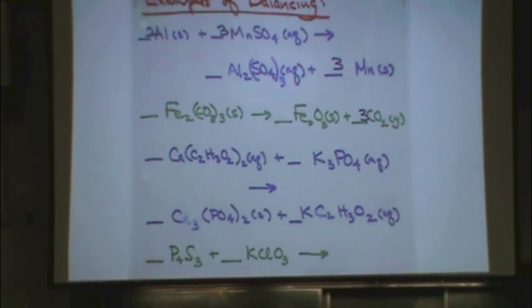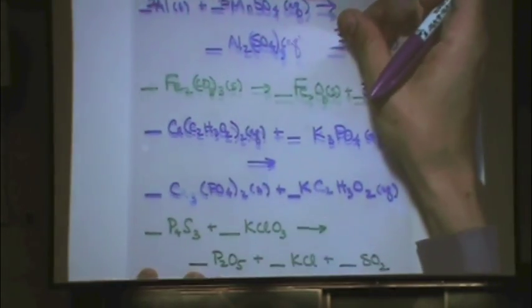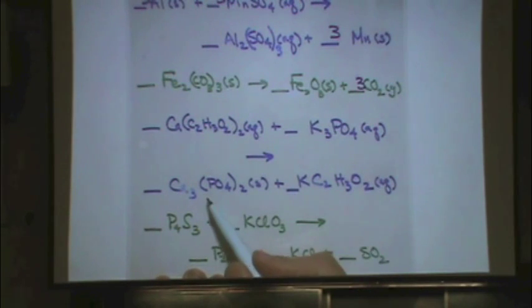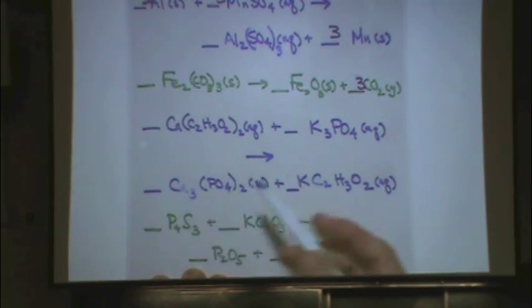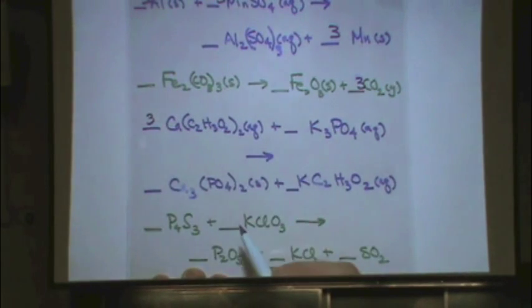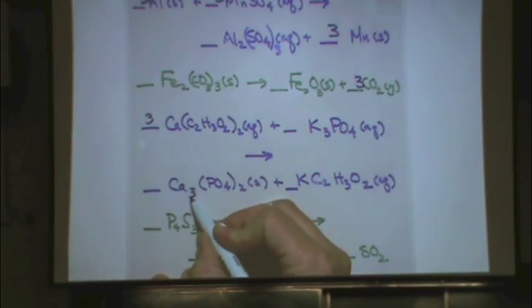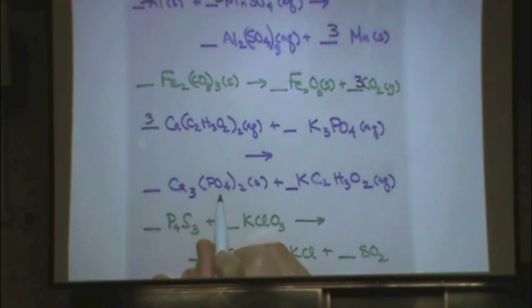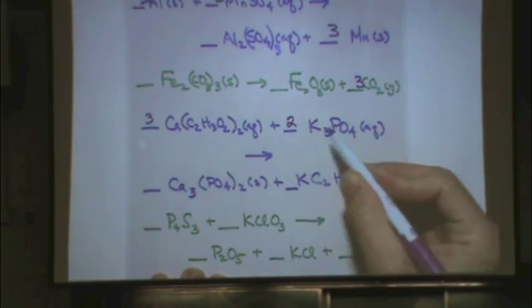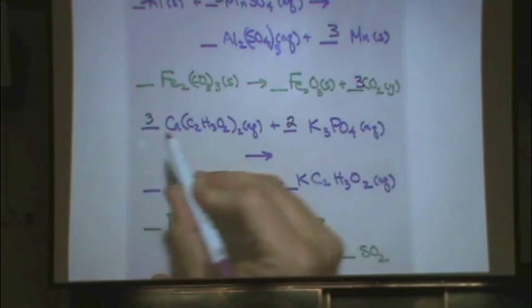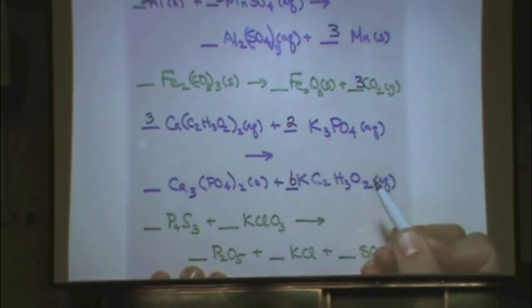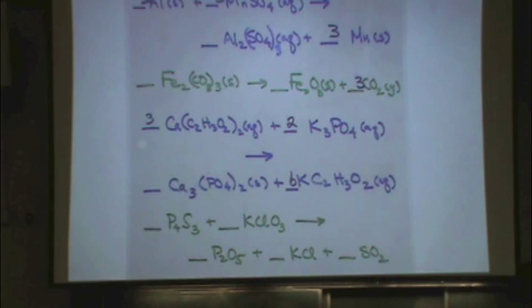Okay, and then let's balance that. Again, I usually try to start with something that has a bunch of ugly subscripts, say the calcium phosphate, 3 calciums. 3 calciums, 2 phosphates, so 2 phosphates, that makes 6 potassiums and also 6 acetates. There we go. And then the last one, it's not a particular category, nor would you be able to predict